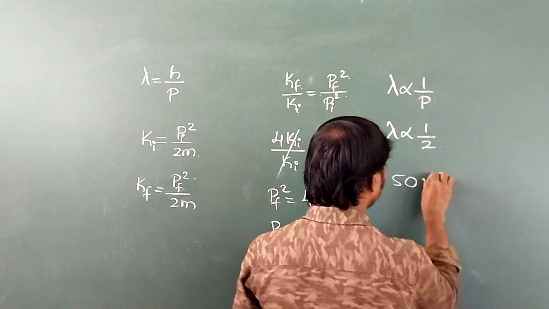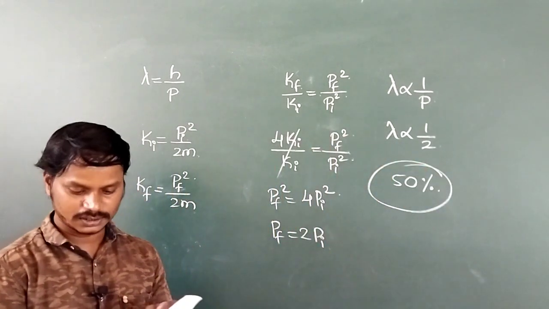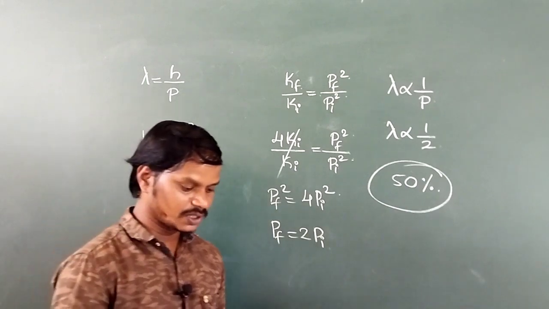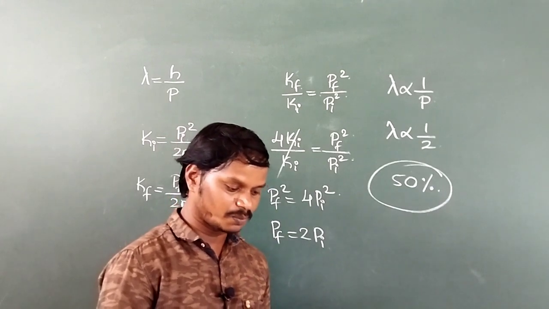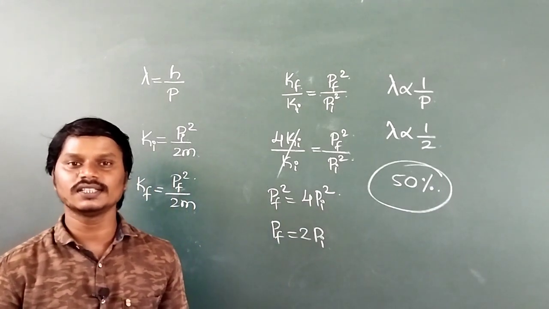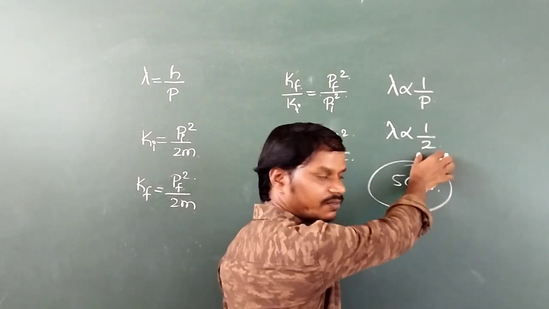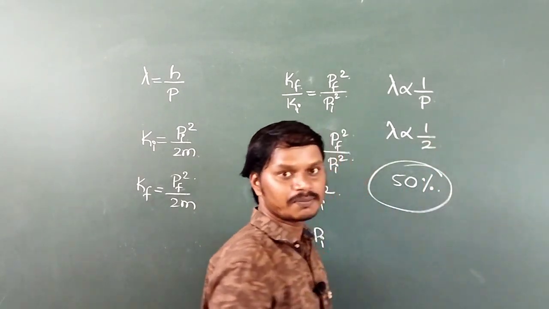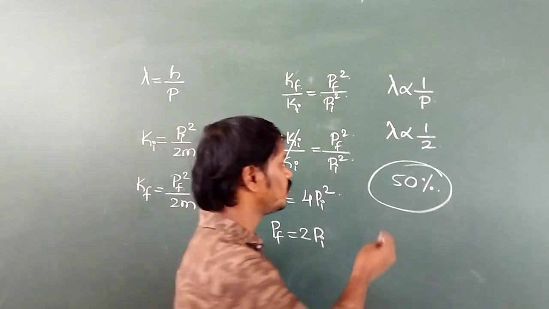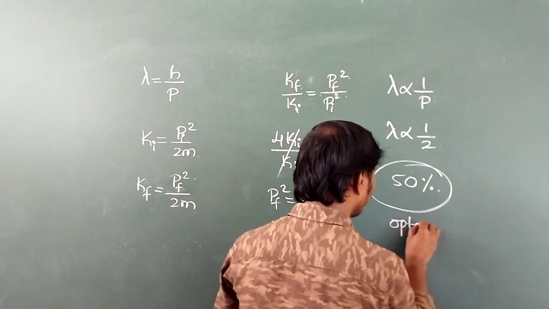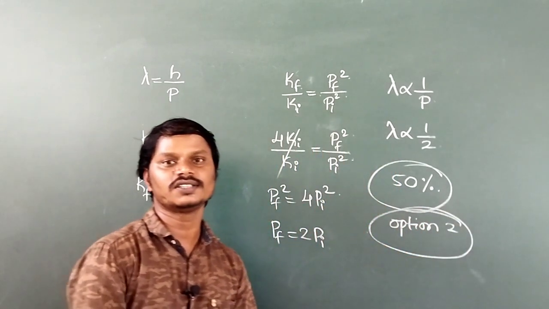So the percentage decrease in de Broglie wavelength is how much? 50%. Options given: first option 100%, second option 50%, third option 41%, and last option 73%. Second option is the correct because 1 by 2 is 0.5. 0.5 in terms of percentage means 0.5 into 100, that is 50%. Option 2 is correct. So this is all about the dual nature of radiation and